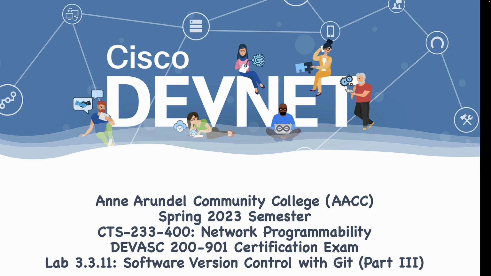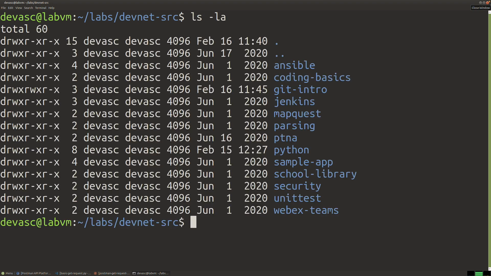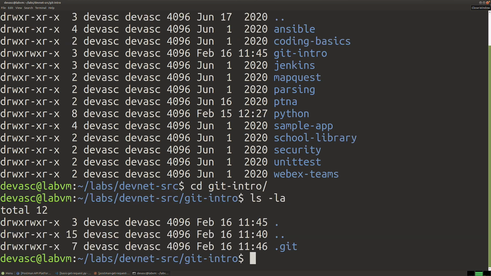So let's go right back to where we were in the DEVASC virtual machine, and here we are on the Linux CLI. Now, remember that we created this directory called git-intro. If I was to cd into git-intro and then say ls -la, you can see that is the Git repository. And again, as I commented in the previous video, you can have multiple Git repos on your system. Now, here's what we're going to do. We're in the git-intro repository, or the git-intro working directory, and now we're just going to create